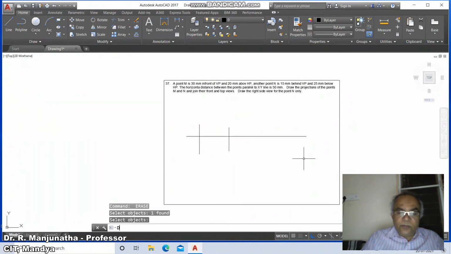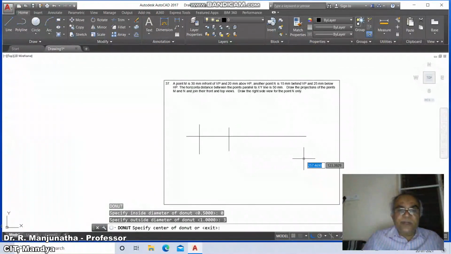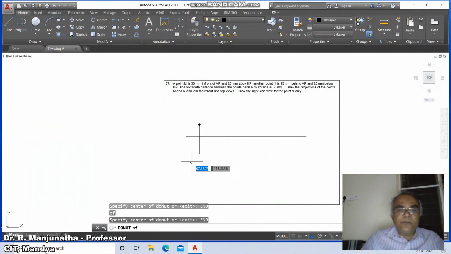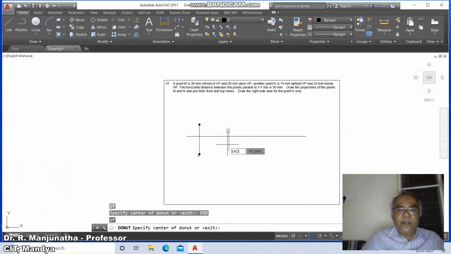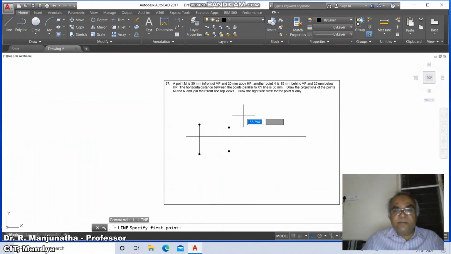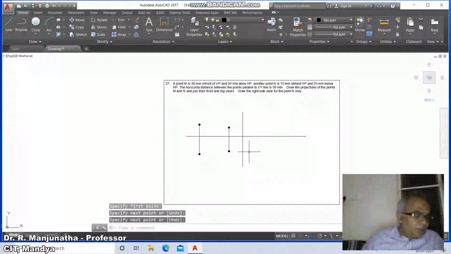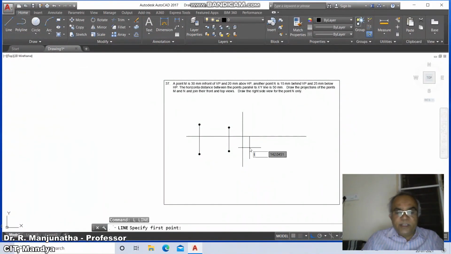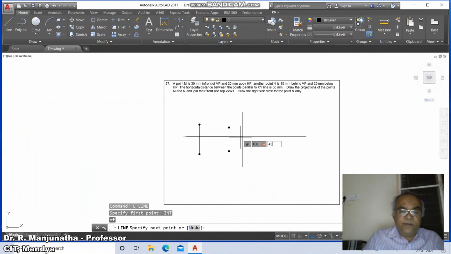Once you do that, go to donut, make inside diameter 0, outside diameter 3, take the endpoint of this, and the endpoint of this, and the endpoint of this, and the endpoint of this line. Now we will take any convenient distance from here and draw the X1, Y1 line. Go to line, take the intersection point of this, at the rate of 100 less than 45.